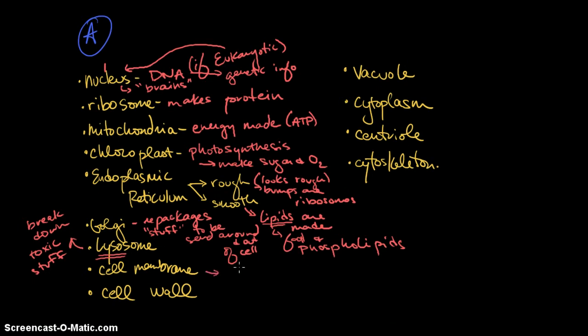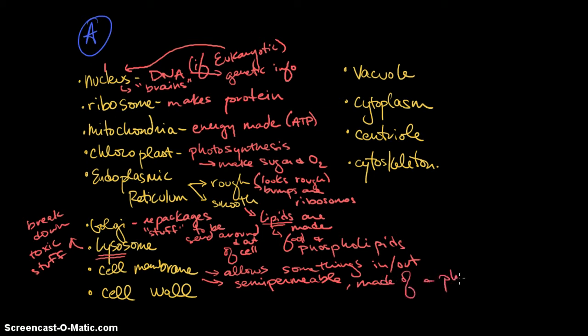The cell membrane is almost like the bouncer of the cell. It allows some things in or out of it. And we'll talk more about it later, but I just want to give you this word. It's semi-permeable. Permeable means allowing things to go through. Semi means half or some. So some things go through, and it is made